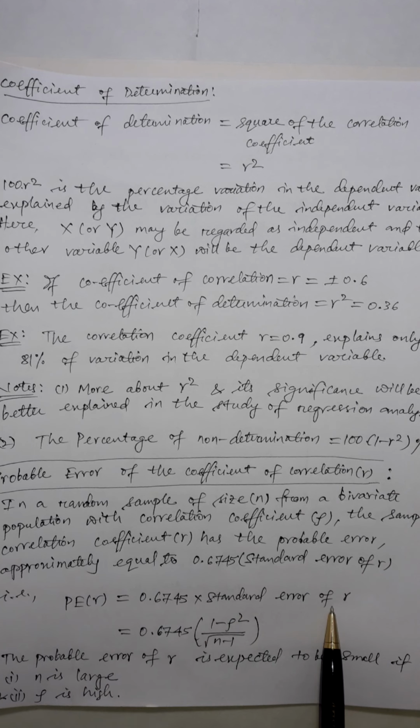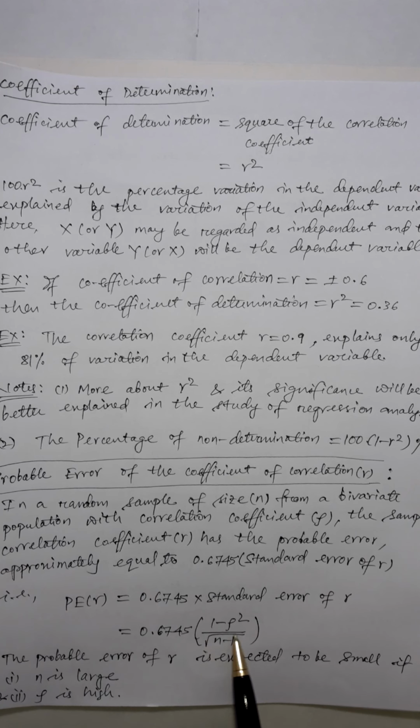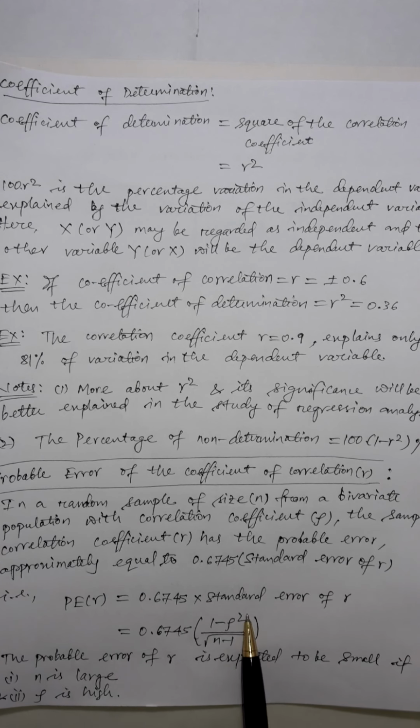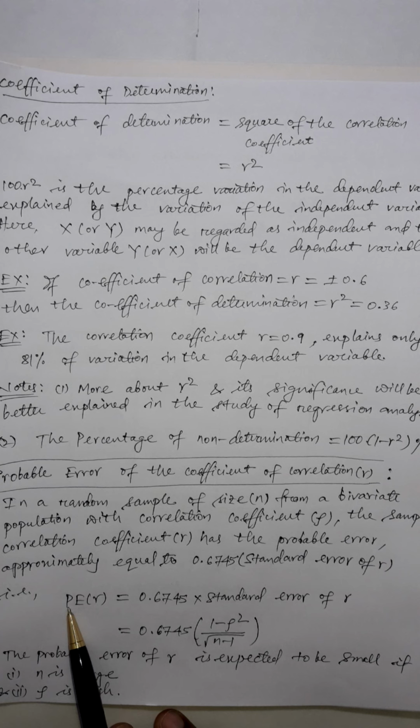Now the formula of the standard error of r is (1 minus rho square) by root over n minus 1, where n represents the number of data in the series, or the number of pairs of data in the series. Rho represents the correlation coefficient of both series, and if we multiply this formula with 0.6745, the approximate value that we obtain will be the probable error